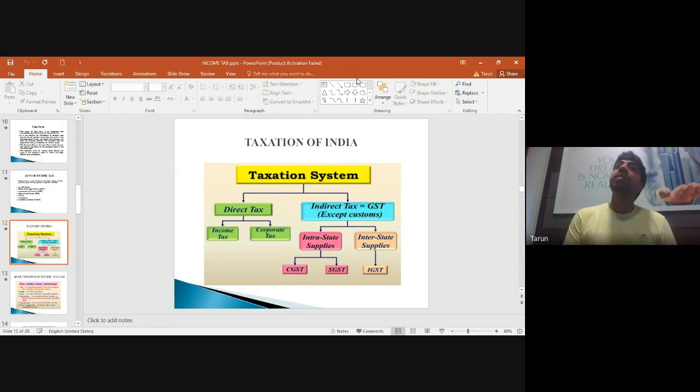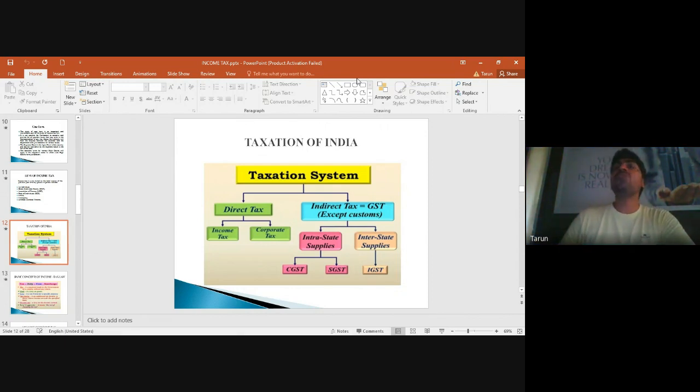So my 9% tax on goods and services that I have paid to buy it directly goes to the Haryana government, and 9% tax will directly go to the central government. Intra-state supplies of goods means the supply of goods within the state,